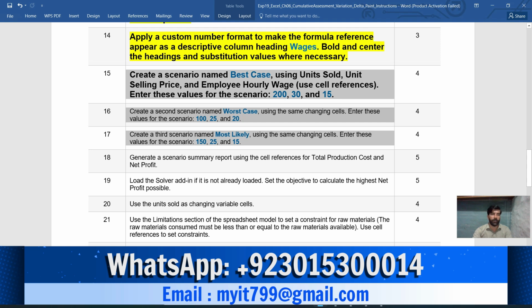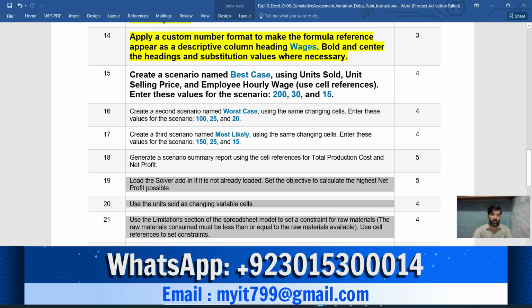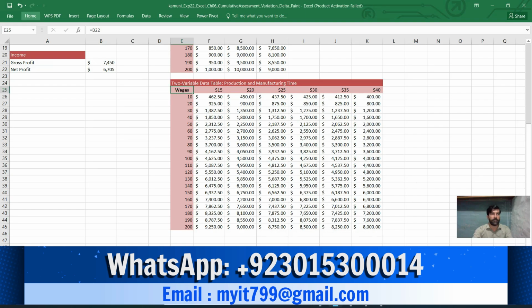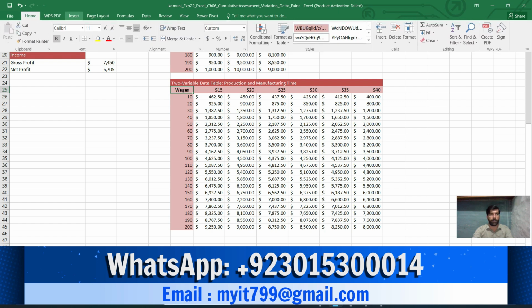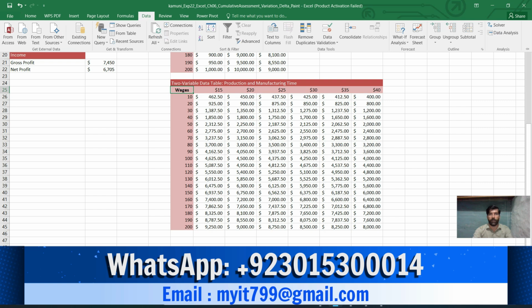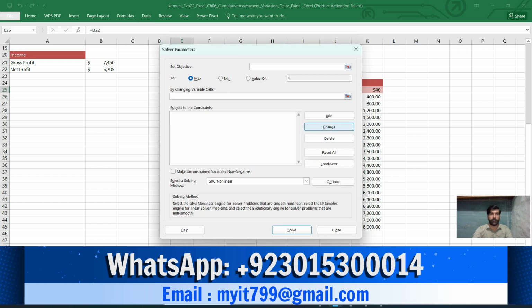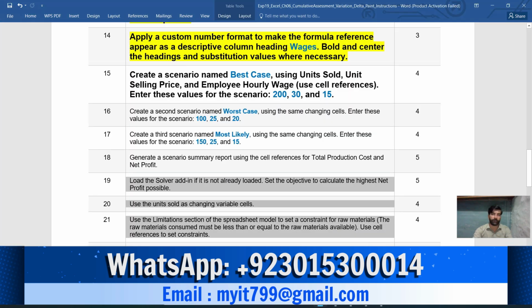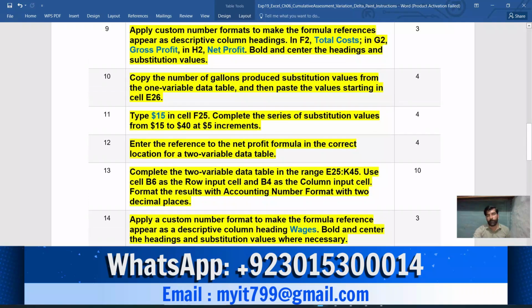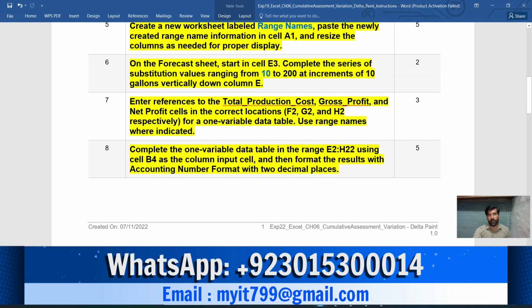After this, in the 18th step we generate a scenario summary, and then we use the Solver, found in the Data tab. The further three steps follow the instructions. My student, I have completed 14 steps so far, and this assignment has a total of 26 steps.